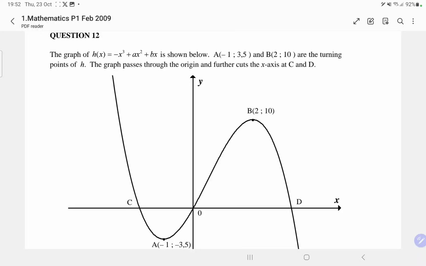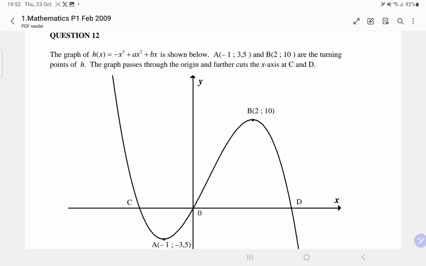This is cubic functions, which can be found in grade 12 and grade 11 advanced maths, and any mathematics above grade 11. So this is a cubic function. Today we're going to solve a question that was in Paper 1, 2009, matric paper, question number